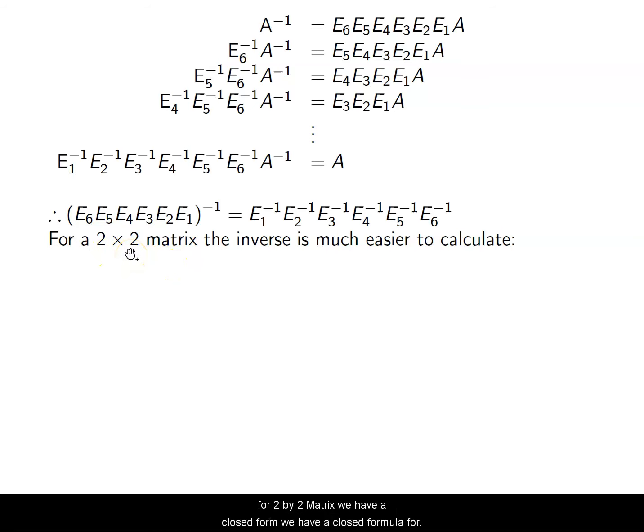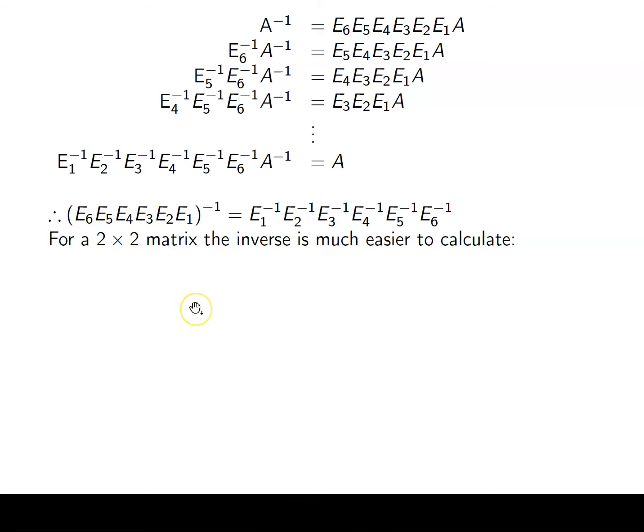For a 2x2 matrix, we have a closed form. We have a closed formula for it. It's very easy to calculate a 2x2. After a lot of practice, you should be able to look at a 2x2 and be like, boom, this is what its inverse is going to be. Okay. It really is not a lot of calculations, and you should be very, very quick at finding the inverse